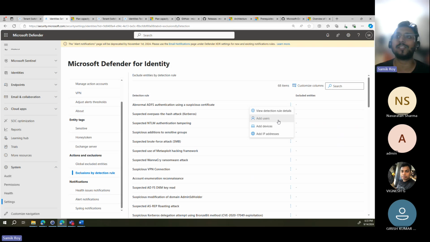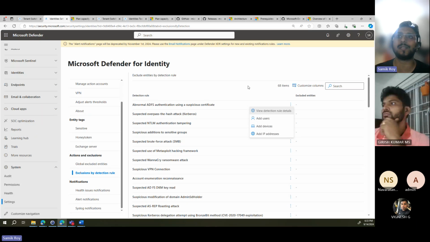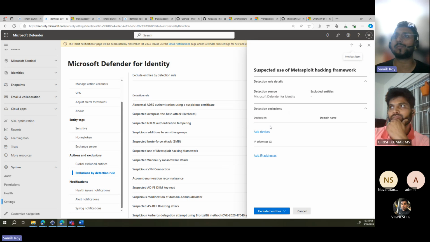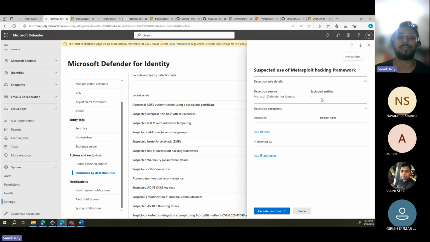That means these are the three types of entities which are being monitored by this alert. But if you click on, let's say, something else, it's only going to show devices and IP address. That means Metasploit doesn't happen with a user mostly, but the device and the IP address, which makes sense